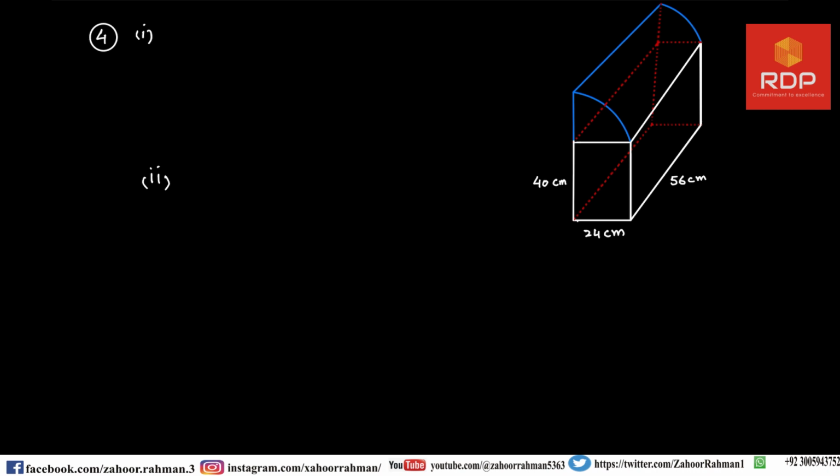Ladies and gentlemen, if we increase this area like this, this is one part, this is the second part, this is the third part, and this is the fourth part, but we are only given the fourth part of this, so we have to write